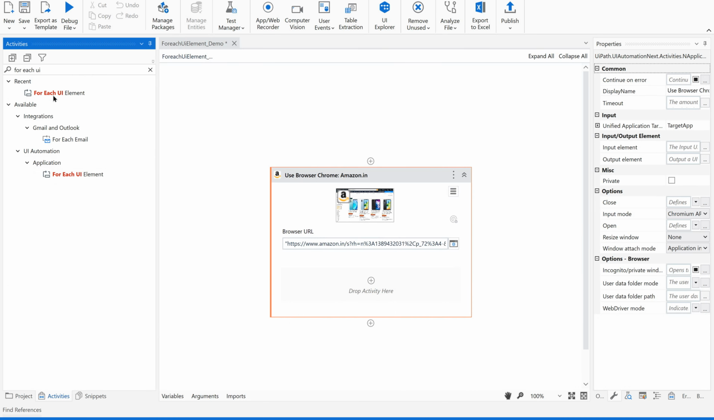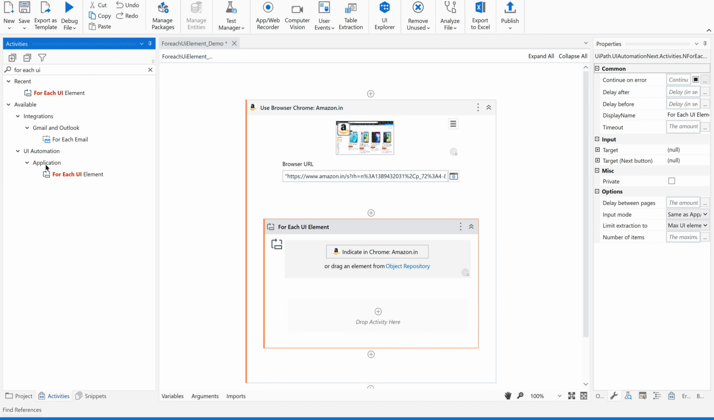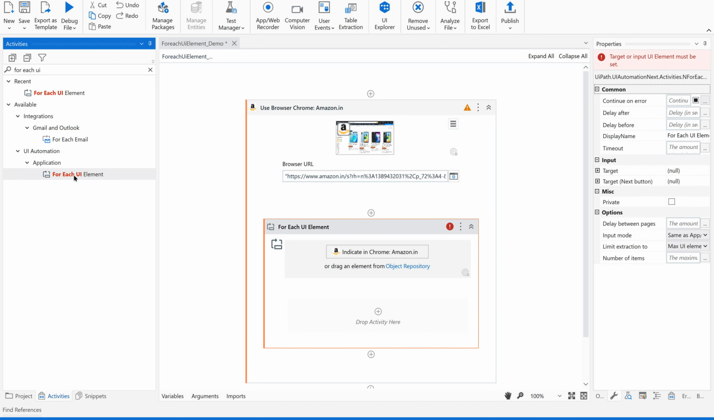Okay, fine. Now let us drag and drop this. And if you could see, this is available in which package? UiPath.UIAutomation.Activities. Okay, fine. Now what I am going to do is indicate target on screen to indicate the UI element to use as a target. Now,